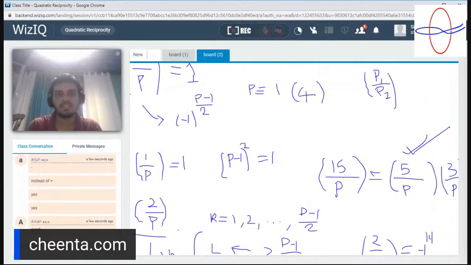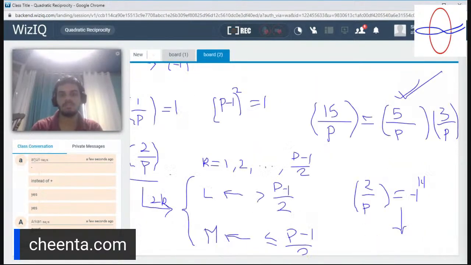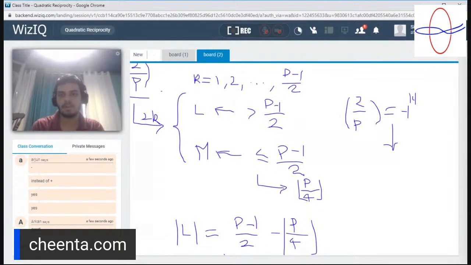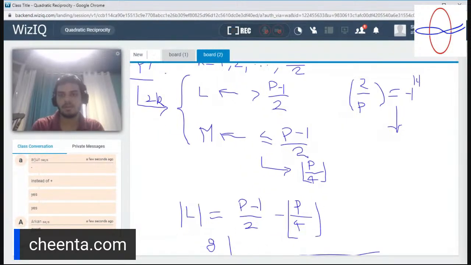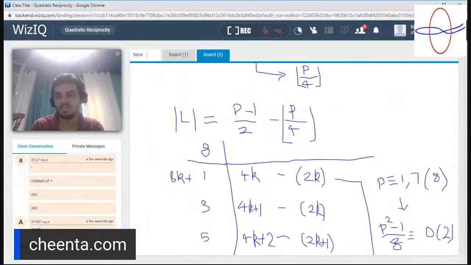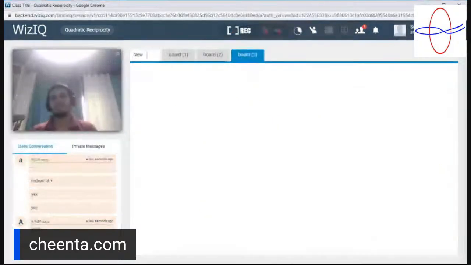Minus 1 is a square root mod p if p is congruent to 1 mod 4, and 2 is a square root mod p if (p squared minus 1) over 8 is congruent to 0 mod 2, or p is congruent to 1 or 7 mod 8. With that, we're finally ready to tackle